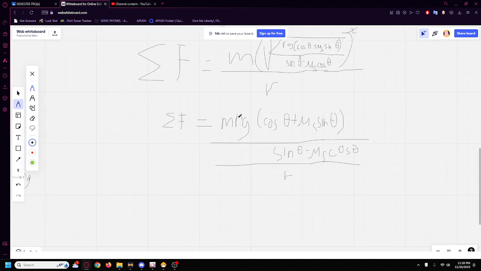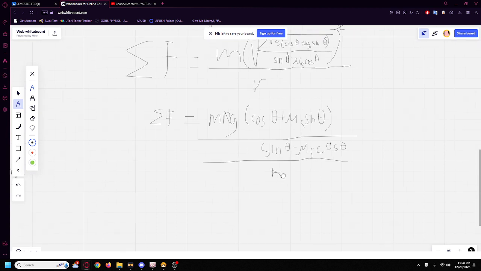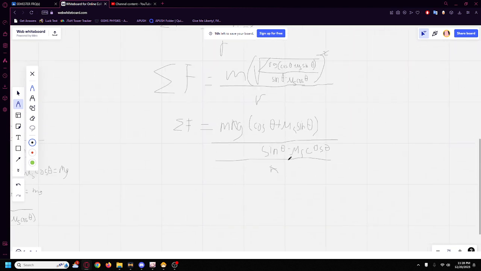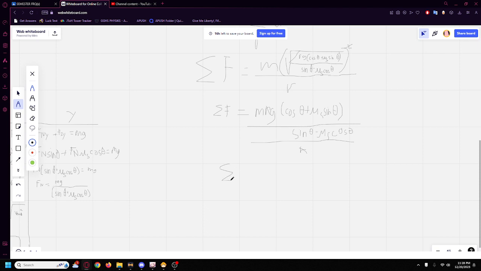So the r's cancel out. So we will be left with net force is equal to mg cosine theta plus mu s divided by